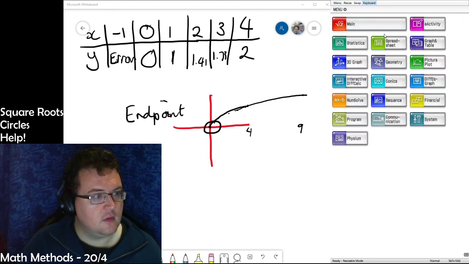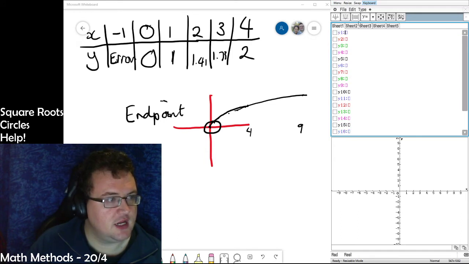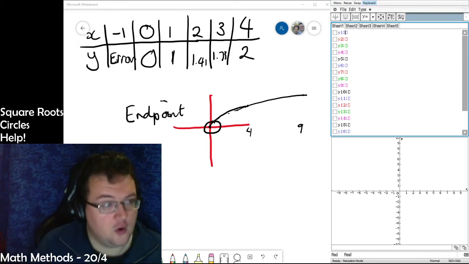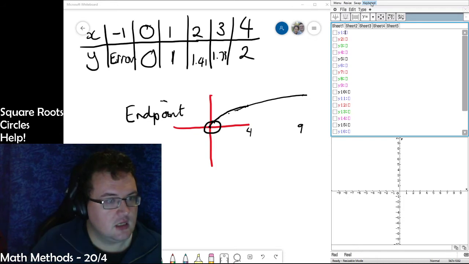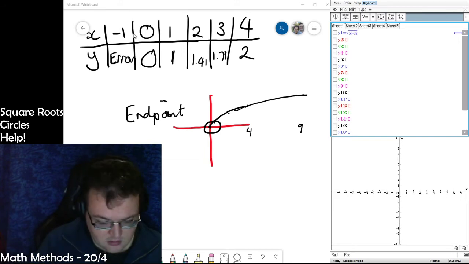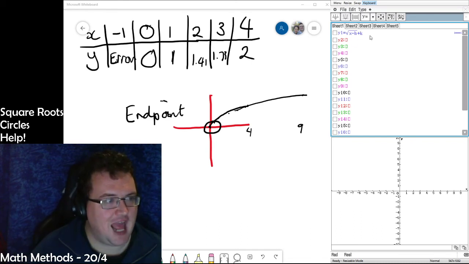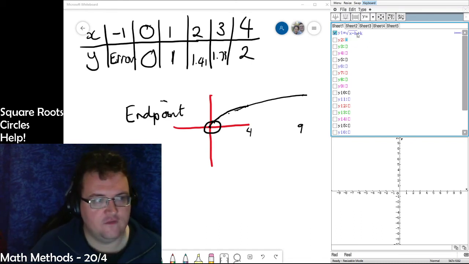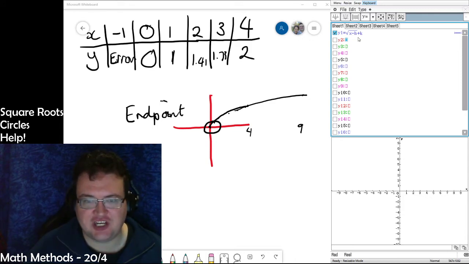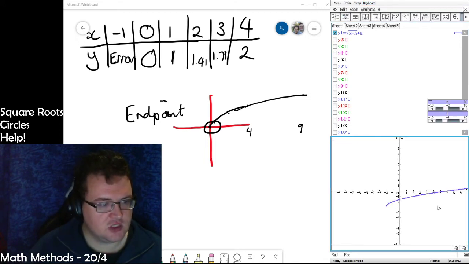So, graph and table. Just clear out some of these other ones we don't need. And what we're going to do is we're going to go square root of x minus h plus k. Now what you'll notice is that I put the k on the outside of the square root bracket. The h is inside, the k is on the outside. All right, and if I use the variables to draw that graph,